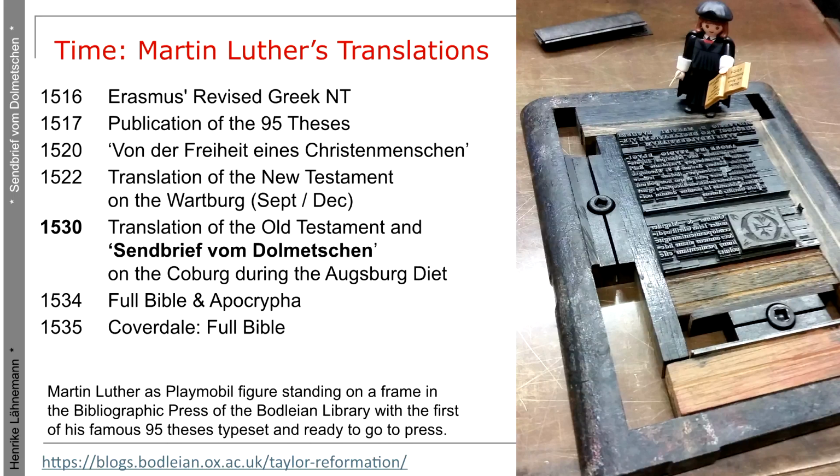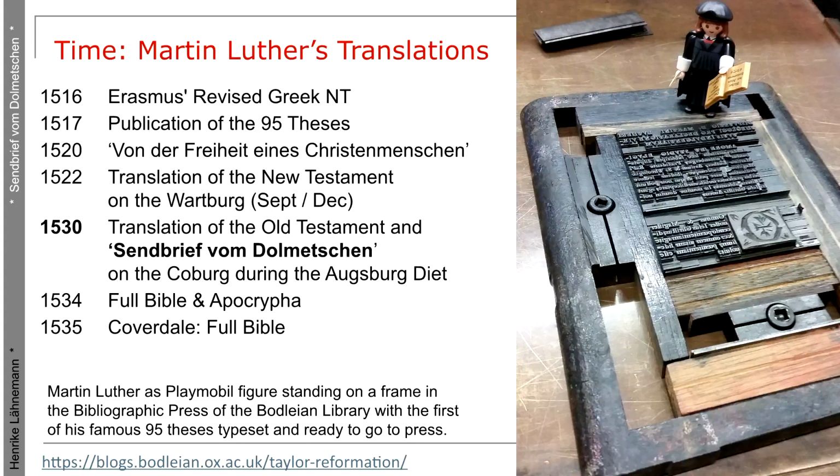And when he is on the Wartburg, kind of rusticating from Wittenberg, since for his own good he was kidnapped by the Duke to take him out of trouble. The only book he had with him was this Erasmus bilingual edition of the New Testament. And in a way, this process repeats in